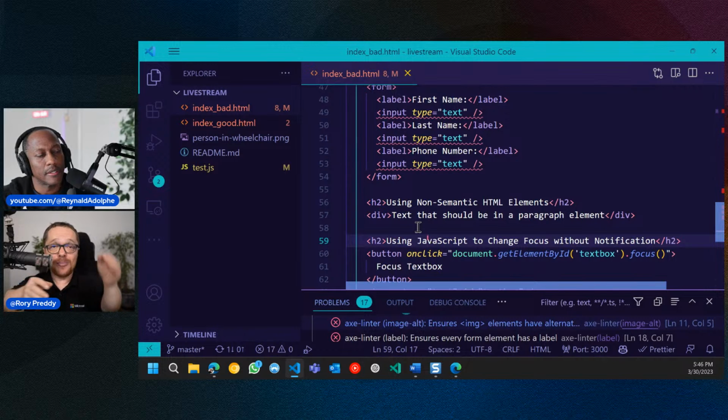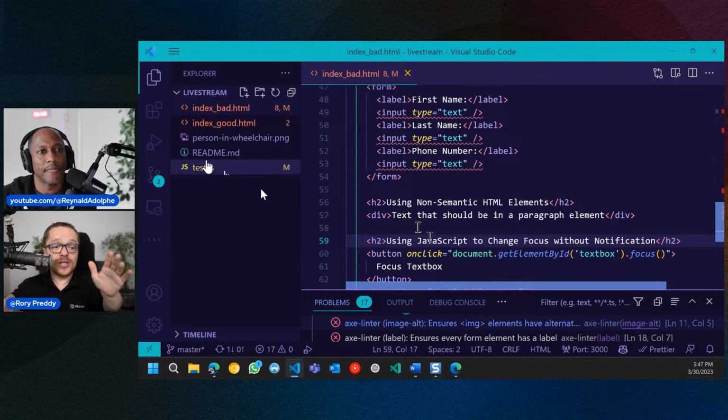So the Hydra is a mythical creature. If you chop off one head, then another one forms. And accessibility bugs are only as good as the CI and CD process that you create to identify these bugs. What we've noticed at Microsoft, we run with Azure DevOps, and if we have any content on Microsoft Docs or Learn, we check for those bugs and make sure that nothing is published.